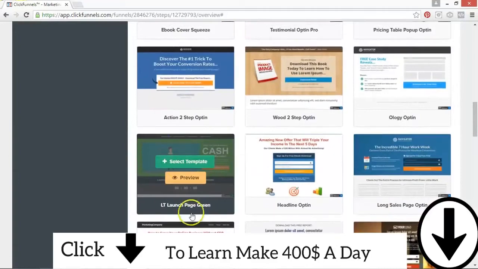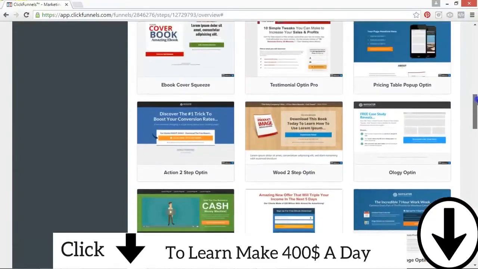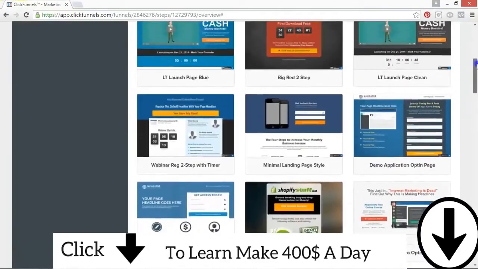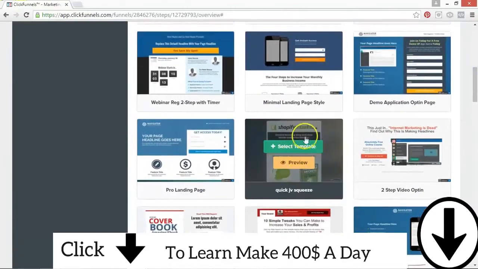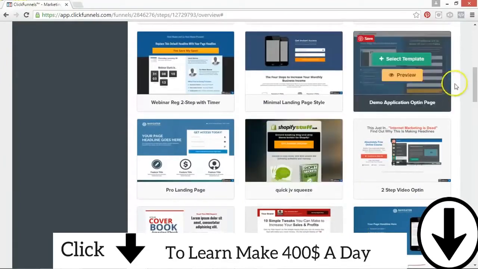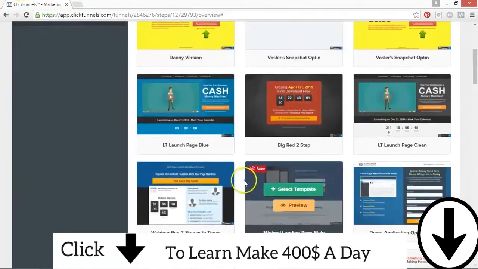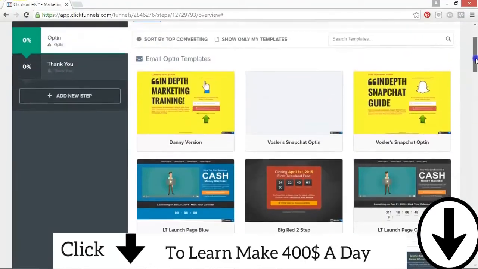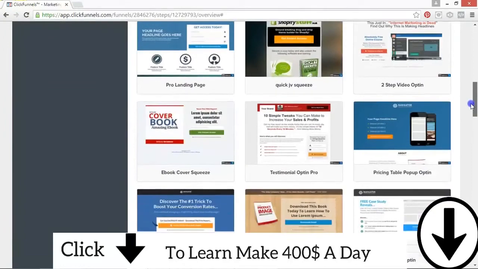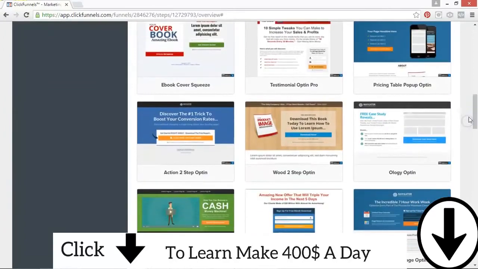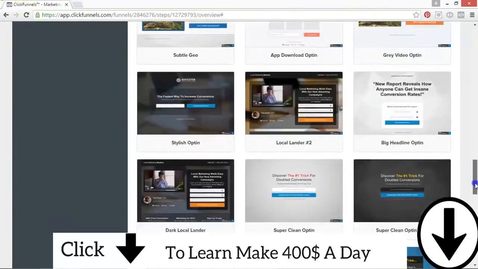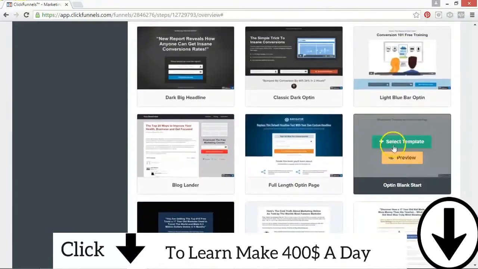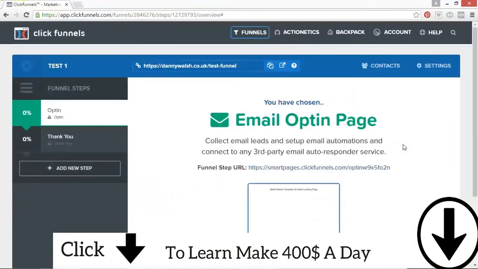This one performs really well, the green one, and you just have to literally choose one and change a few words. Here's one that I've done for an affiliate product launch I was doing, something around Shopify, and there's bonuses and different things. Really easy to use. All simple and high converting, like I say, and they're up here for a reason, to help you get started. Now once you get more advanced, you can come down and use the blank template, and you can pretty much start from scratch. So that's what we're going to do today. We're just going to choose a blank